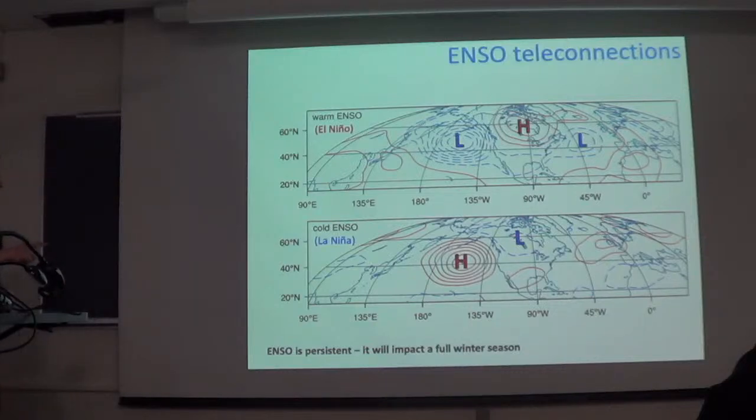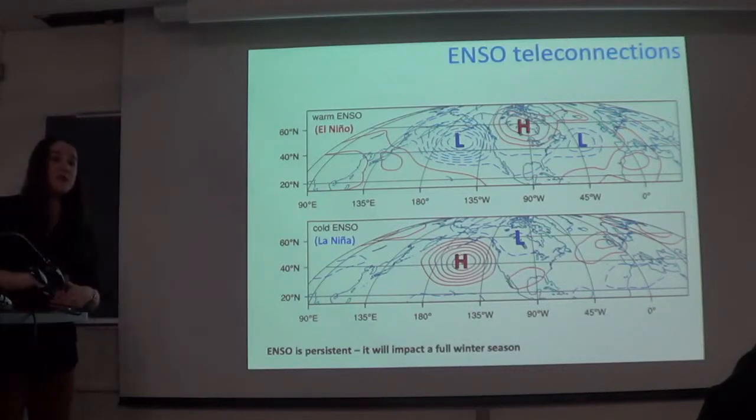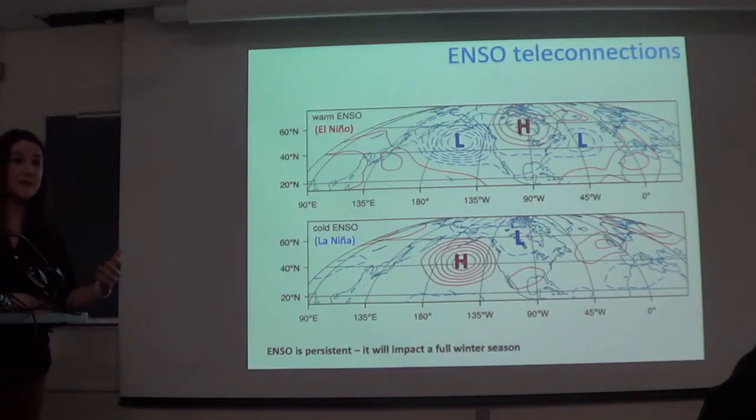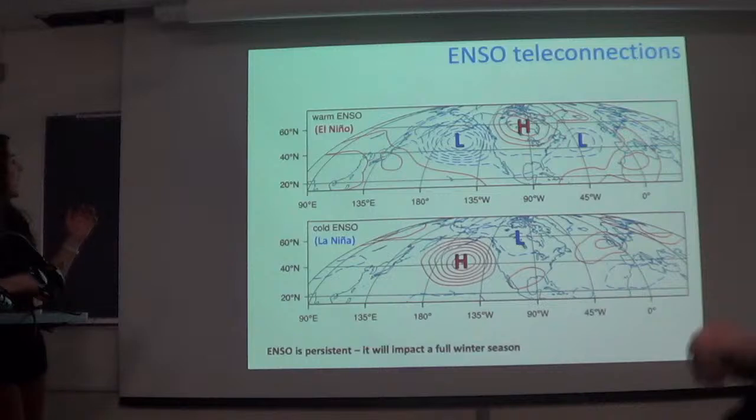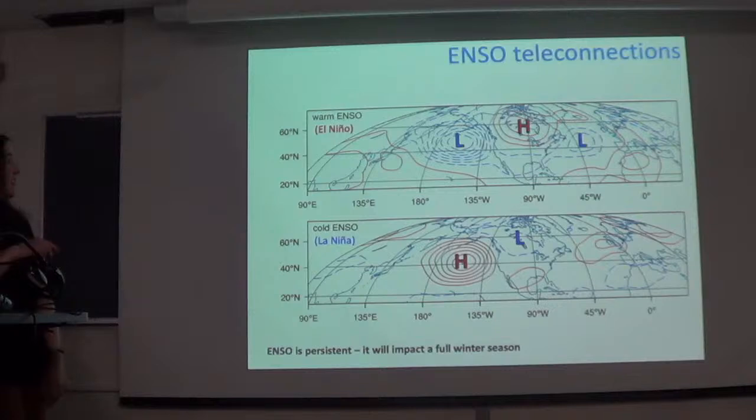The other effect is constructive and destructive interference. That also makes understanding probabilities difficult. If you have constructive interference, such as an MJO that is also forcing a cyclonic anomaly here, then you're going to have an amplified cyclonic anomaly. Whereas if you have destructive interference, such as the MJO instead forcing an anticyclonic anomaly here, then you essentially have no predictability from either ENSO or MJO, because there's a large cancellation. So you have to consider both to understand the predictability associated with both, which is why at times